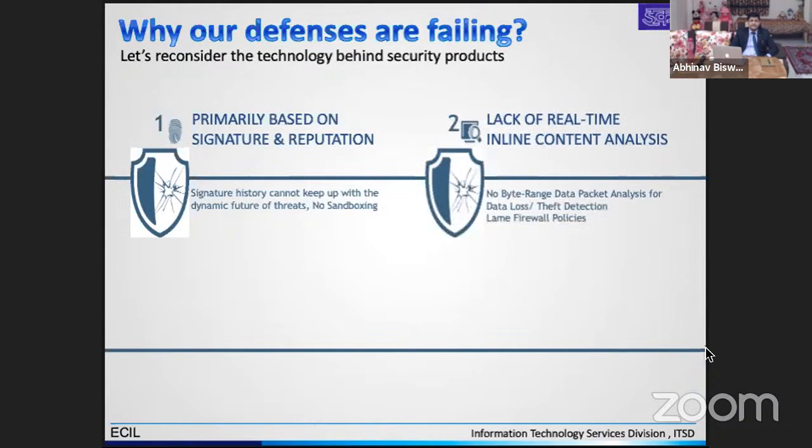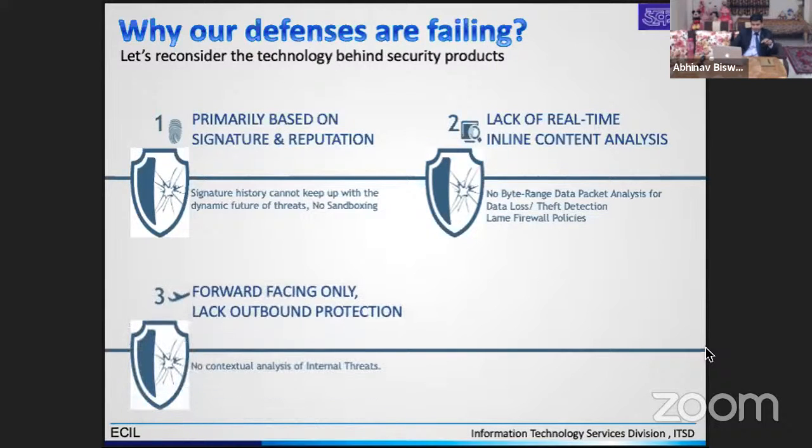And next is lack of real-time inline content analysis. Most of the data goes out of your network and comes into your network. Most of the security technologies are trying to check the headers of the IP packets. They want to see whether the communication is genuine, whether it is communicating on the correct port, whether the protocol is correct, whether sequencing and all those things are correct. But nobody is focused on the payload of that packet. So that is one reason why inline content analysis is very much needed nowadays. Just by focusing on the headers,